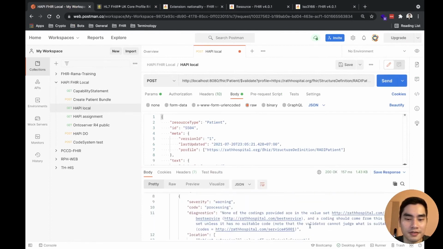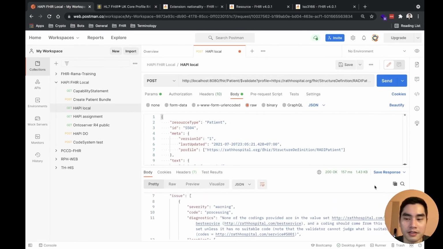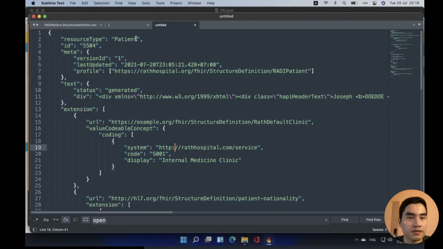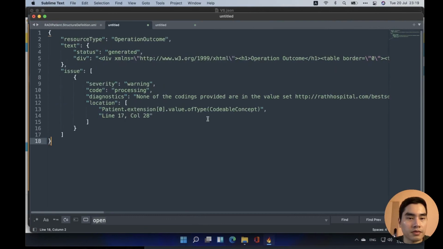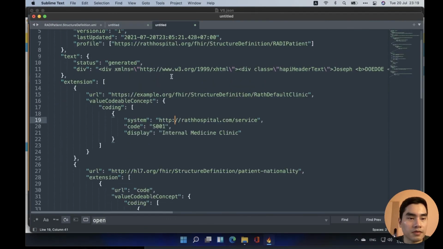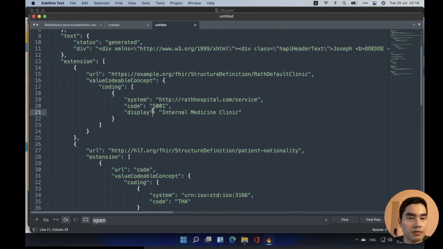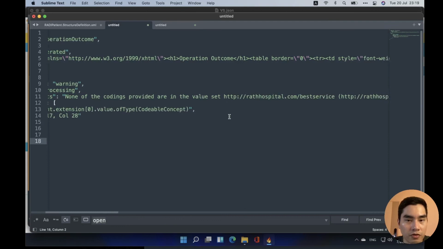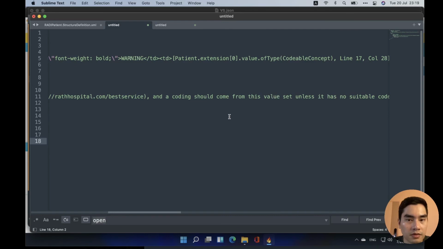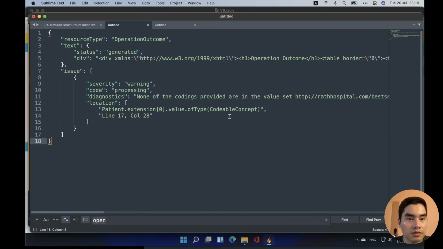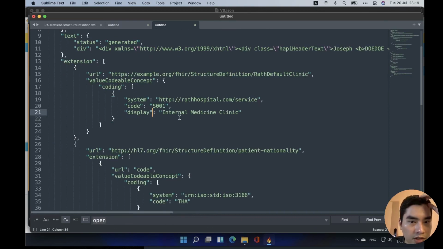Send. Okay. So now we only have one error left. Coding. None of the codings provided are in the value set. Why does it say it's not in the value set?